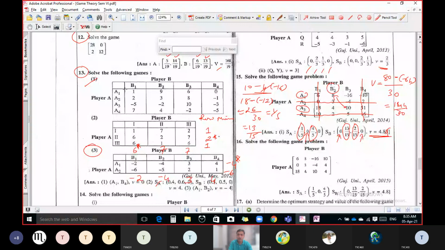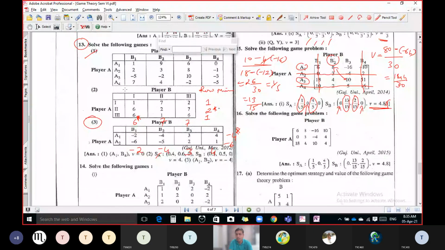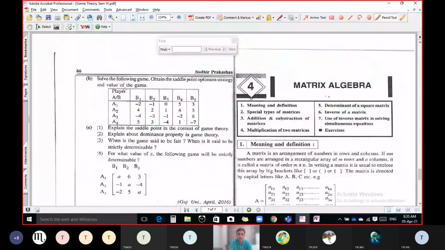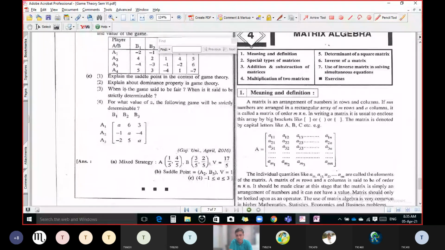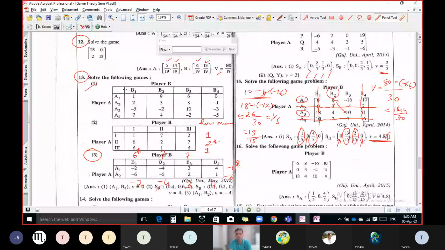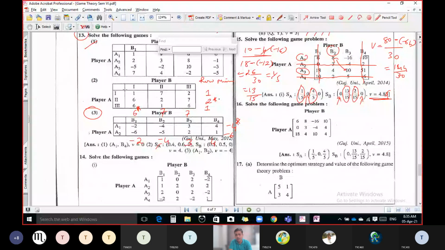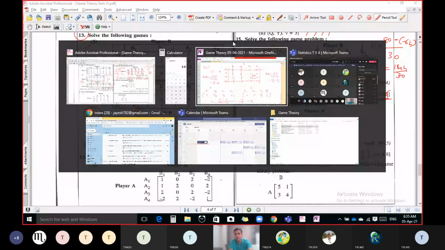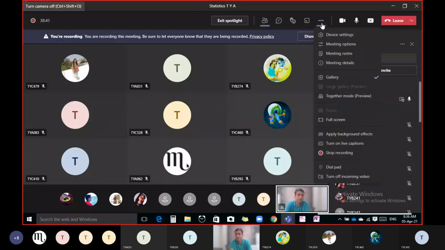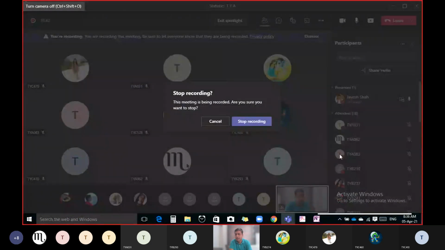So that is the way to solve this type of question. Nothing difficult in this chapter. We can say that it is the end of this chapter. The remaining questions you can solve by yourself. If you find any difficulty, you can ask your doubt in my personal chat, and I will solve your problem. So this is the end of the syllabus for our semester 6.